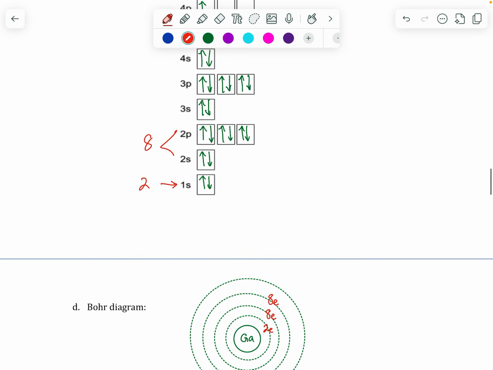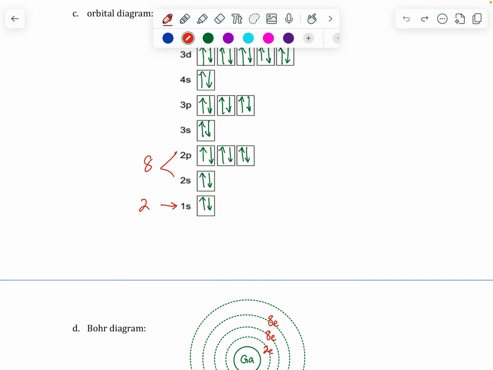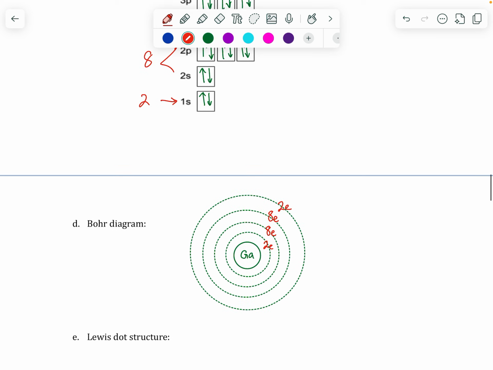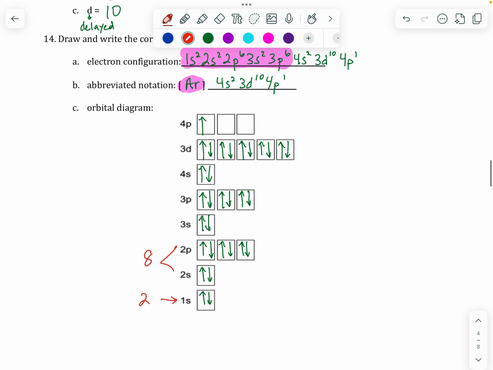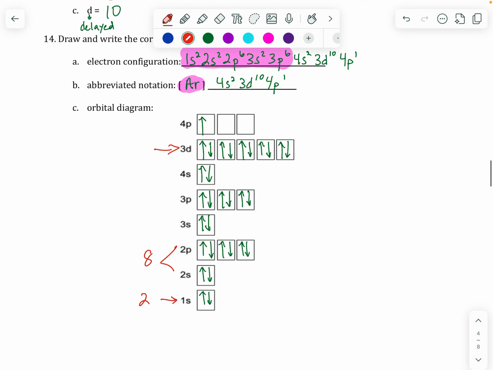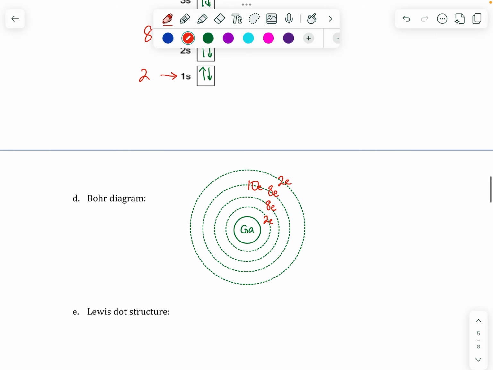And then we enter the fourth with the 4s2. So we're going to put those 2 here. You could draw them as dots around too. I'm just kind of simplifying it here. But then, of course, with the d sublevel, you see that we are going back and entering the third level once again with those 10 electrons. So those 10 electrons find themselves with the 8 from the s and the p orbitals for a total of 18 there. And then last but not least, that last lone electron in the p sublevel